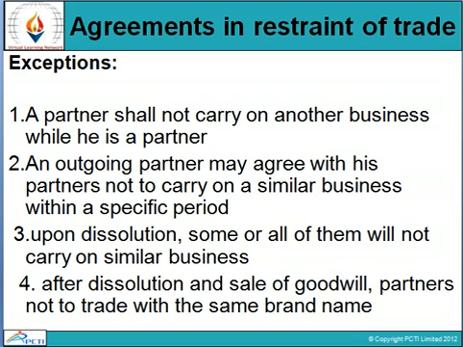Agreement in restraint of trade. There are some exceptions in agreement in restraint of trades. First one is the partner shall not carry on another business while he is a partner. अगर वो partner है तो वो किसी और business को नहीं run कर सकता. Second is an outgoing partner may agree with his partners not to carry on a similar business within a specific